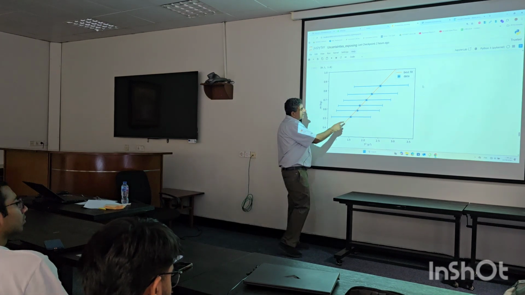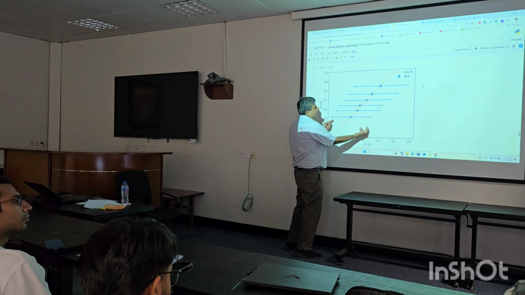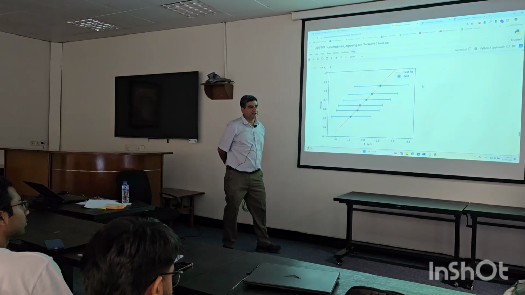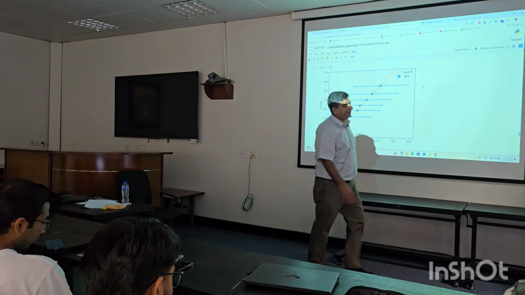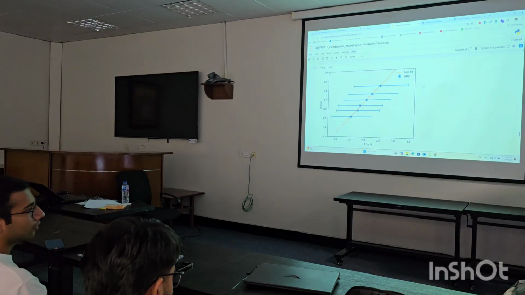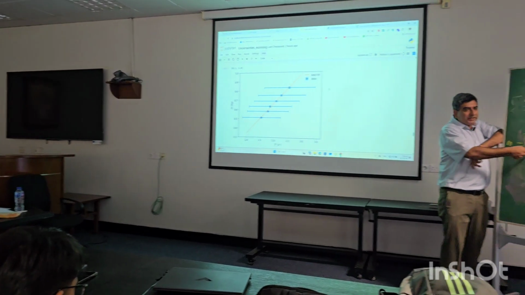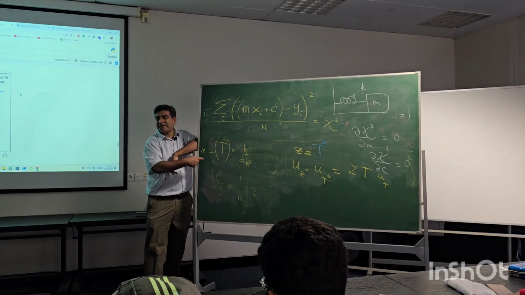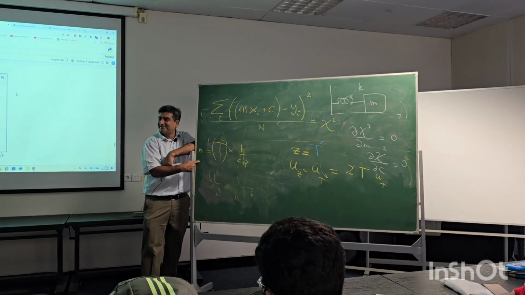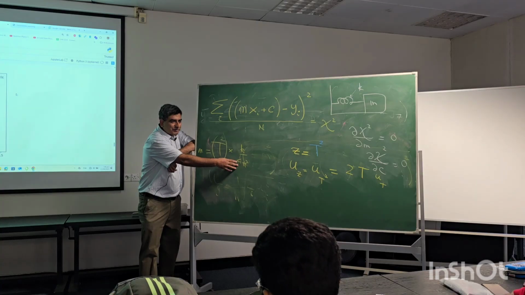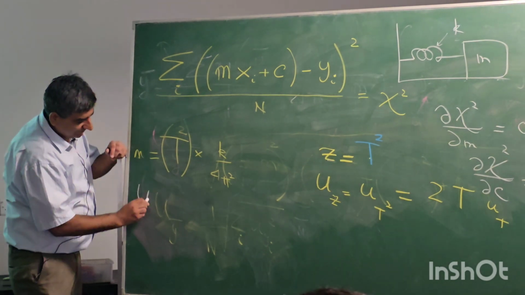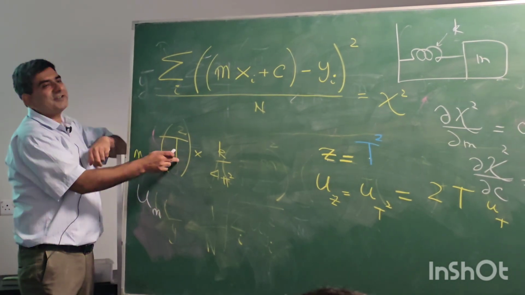So some uncertainty will be transferred from the x-axis to the y-axis. Now how do I transfer an uncertainty? You see, again this propagation of uncertainties. If I know the uncertainty in this T square variable, I can find out what uncertainty it would cause in m, because I already know the slope. So the uncertainty in m due to the uncertainty in T square,